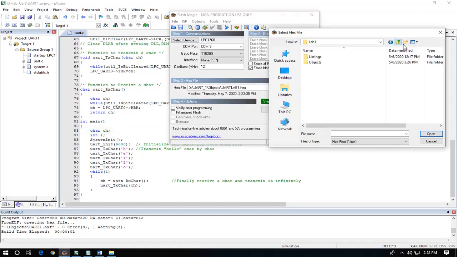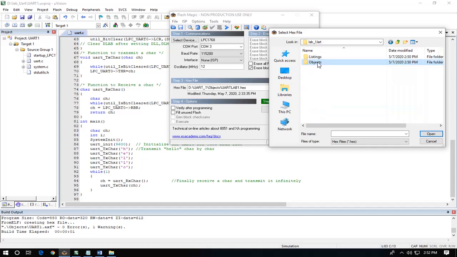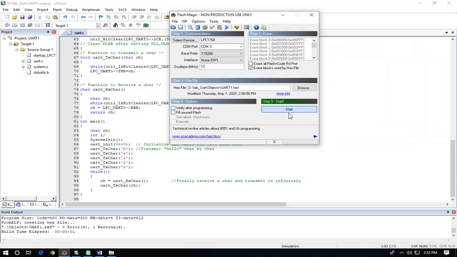It is a lab UART objects, and UART1 is the hex file I have created. Then after that these are unchecked, and only erase block used by hex file is selected here. And then keep the program mode on the board, and press reset, and start uploading the hex